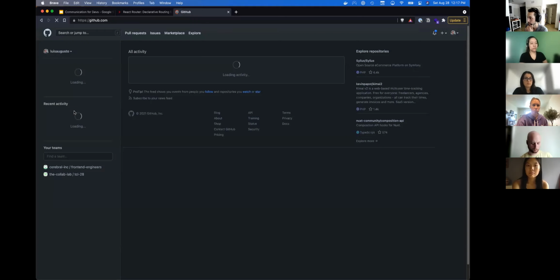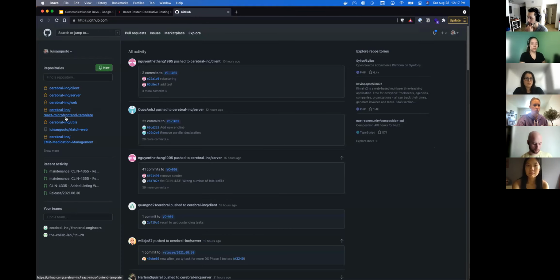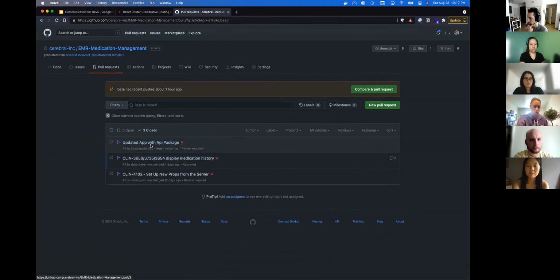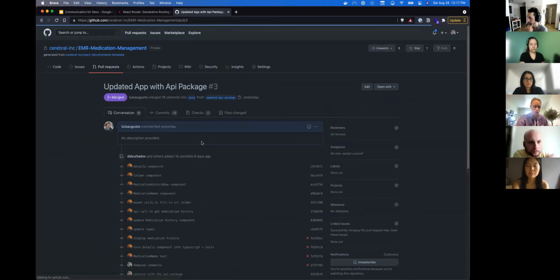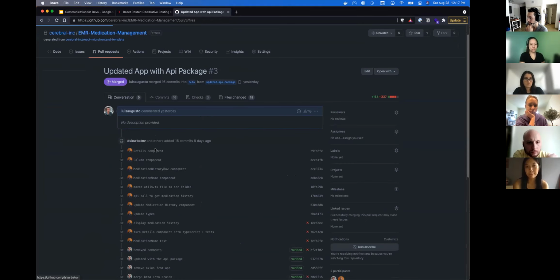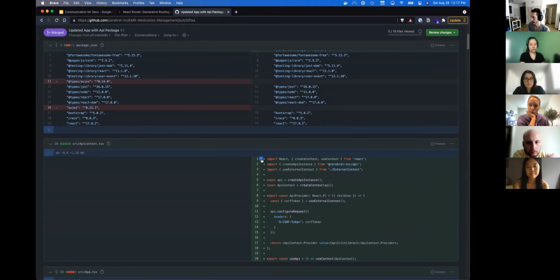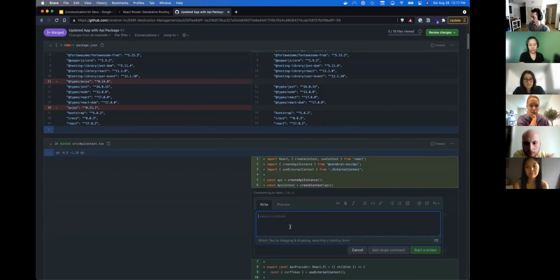So I'll just show an example. Here. So if you look here, this code, for example, I want to add a comment here, I can say this code is weird.